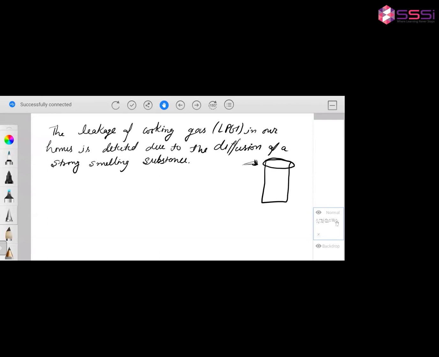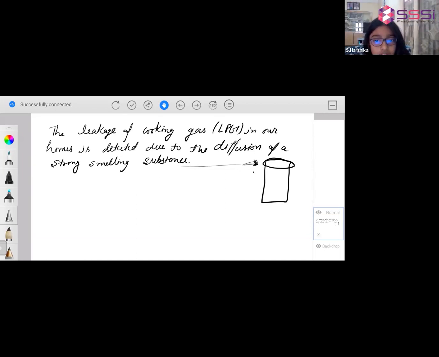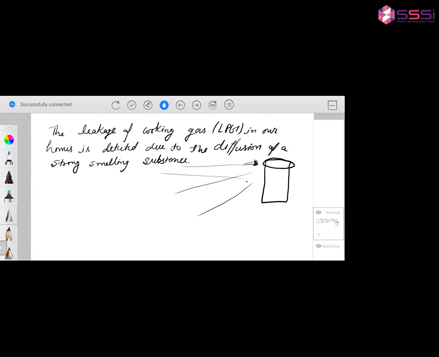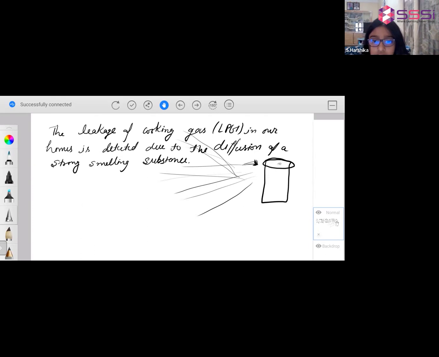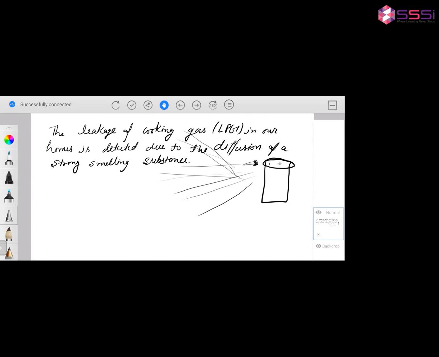How do we smell it? Because the particles of that liquid spread out in the air. Sometimes by mistake, we turn on the regulator or the gas stove pin button, and the gas starts leaking from there.